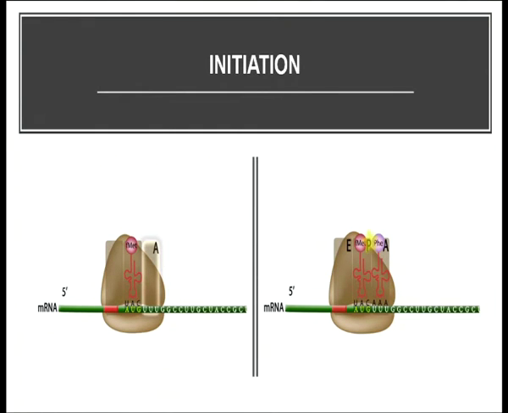This larger subunit has basically two pockets on which the first tRNA, carrying the methionine amino acid, which pairs with AUG and has the anticodon UAC, will come and attach. In the second pocket, the next amino acid will come. As we can see, the next tRNA will come in the second part of the slide. Now the two amino acids are very close to each other. You can see in the slide the methionine and the phenylalanine. Now they are close enough that the peptide bond is formed between them, and that is how the chain keeps on extending.